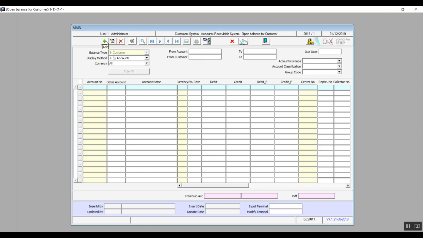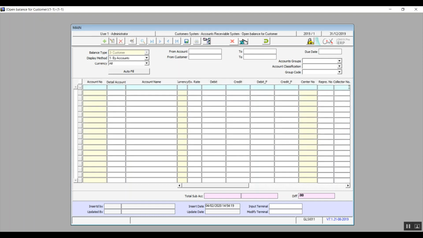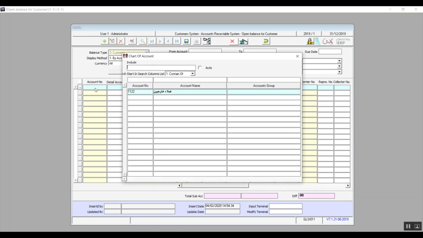We can use this screen using 3 different ways. We can import from Excel using this icon after clicking on Add, of course. And we can also automatically add the data using the upper section. You will enter the details, or you will fill in the fields that you have up there and then click on Autofill. Or you can just manually use the screen by hitting F9 in account number, select the account number,